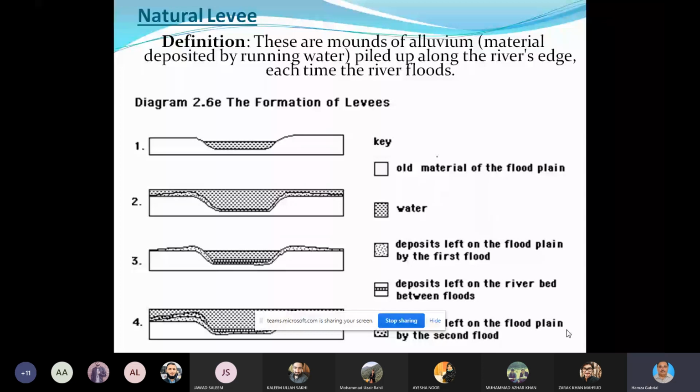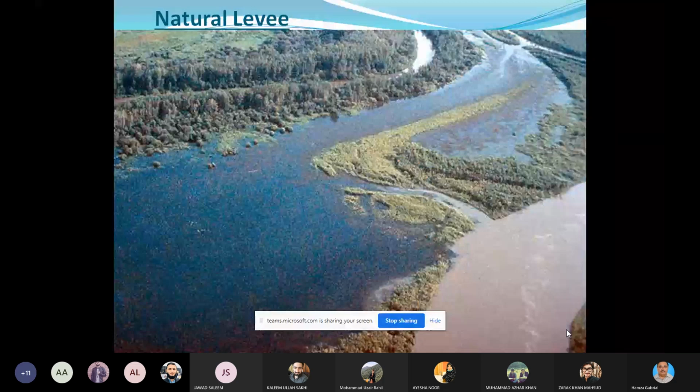So this is one type of levees, the natural levees, which is a natural phenomenon, and each year with the deposition of layers of sediments, this keeps on increasing and spreading, and the levees are formed. So this you can see, a real photograph of a natural levee. You can see that the sediments have deposited in the floodplains and natural levees have formed.